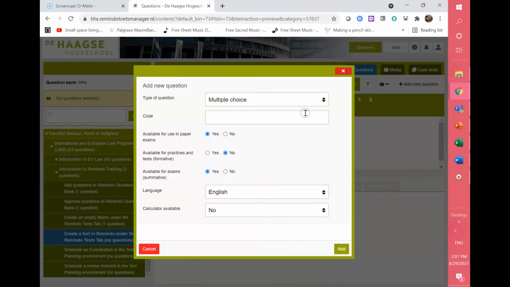For now, we remain with multiple choice. There is a code here. For now, the assessment committee hasn't determined if there has to be a particular code in here. It could be the OSIRIS code for the course. But one thing that I'm going to suggest is that because this code does not actually influence anything else in